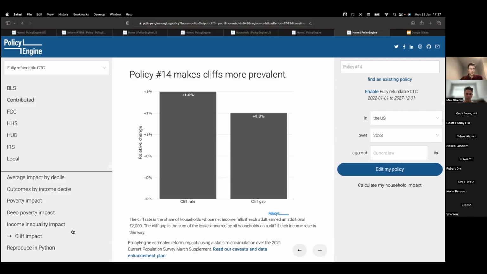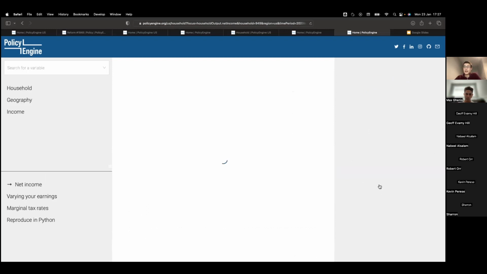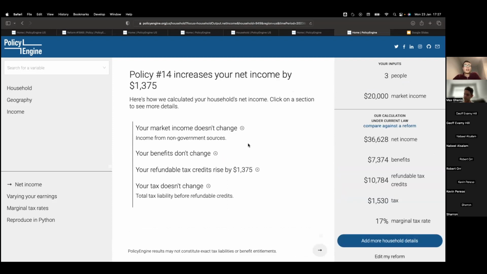But yeah. Okay, so if we wanted to move back onto the household impact, then on the right-hand side, we've got this sort of non-primary button to go back to this side. If we click that, then we can see for this household, this policy increases their net income by $1,375.